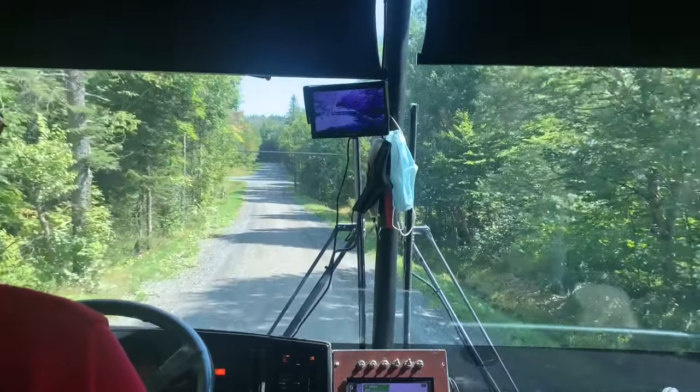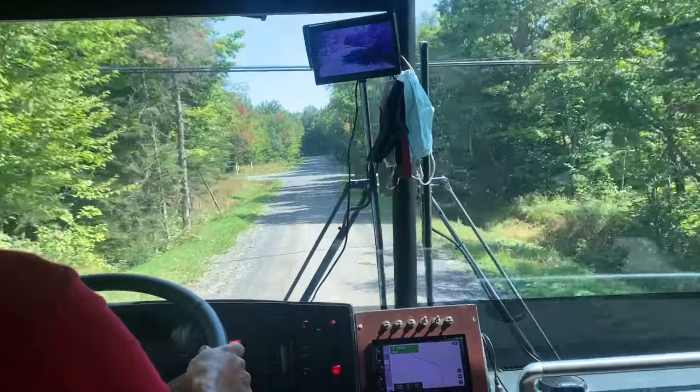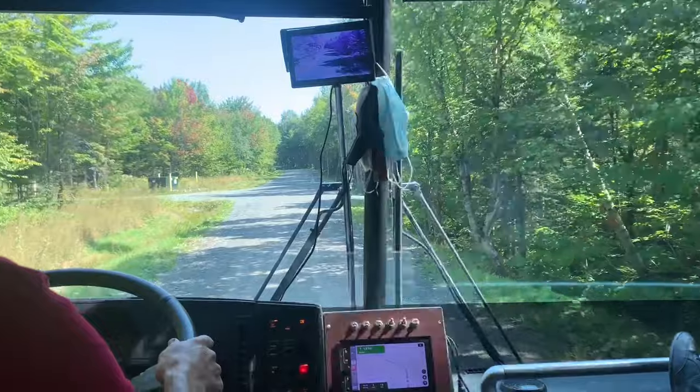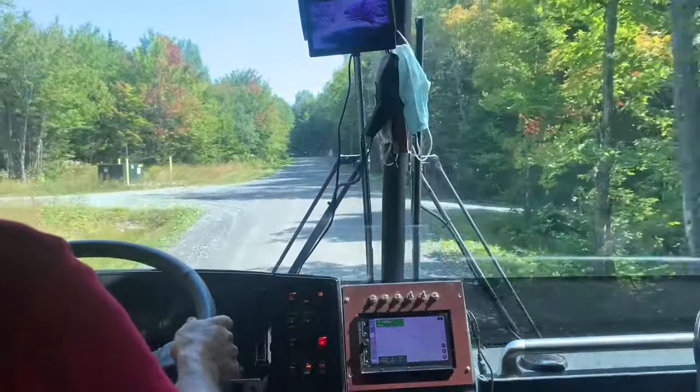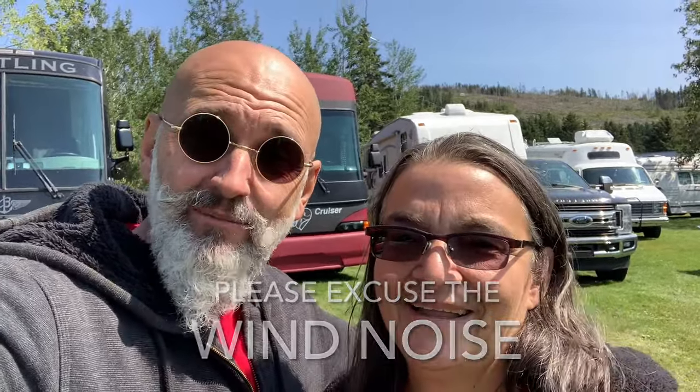On continue. 2 km. We're at El-Campo. So if you're here at El-Campo and au Domaine du Radar à Saint-Sylvestre in Quebec, come and see us. We're up at the top of the hill. And if you want a really good taco,